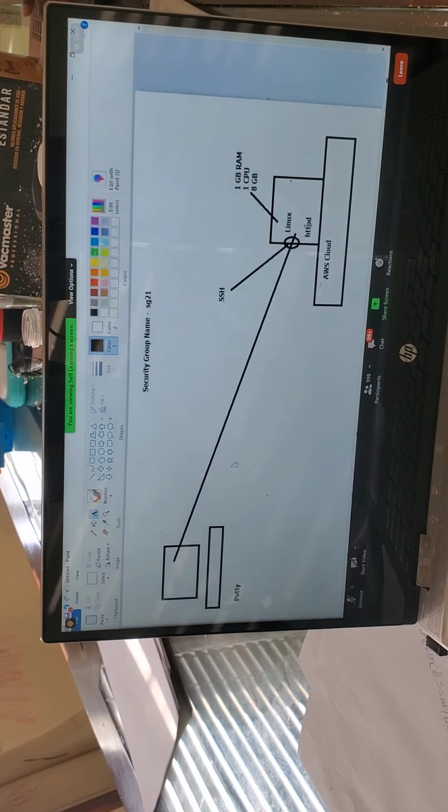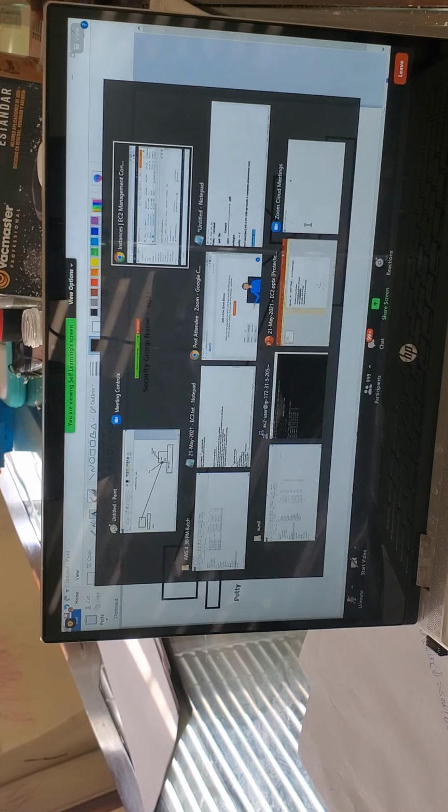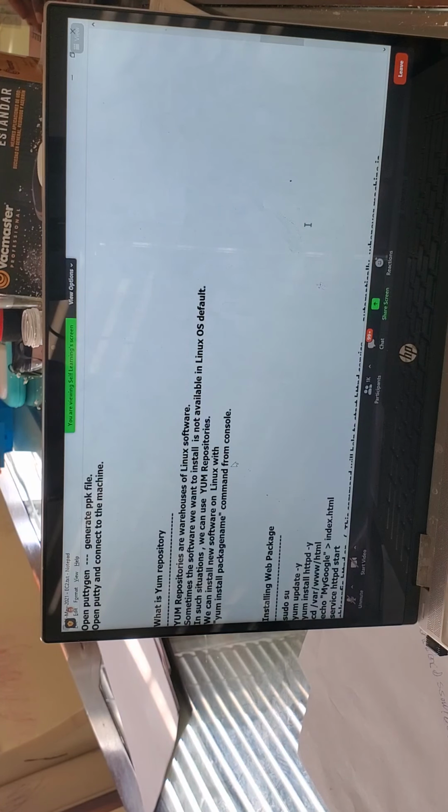You need to download that particular software. Install that software from the yum repository. The Linux community is maintaining a repository. The name of the repository is yum repository. What do you mean by repository? A repository is a very big warehouse. It's a collection of thousands of softwares. So the Linux community is maintaining one repository. The name of the repository is yum repository.